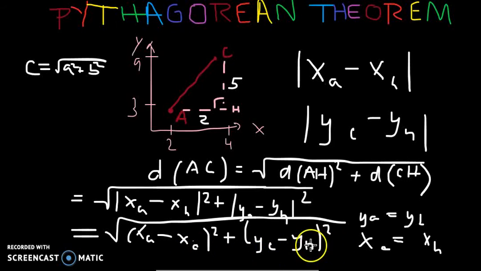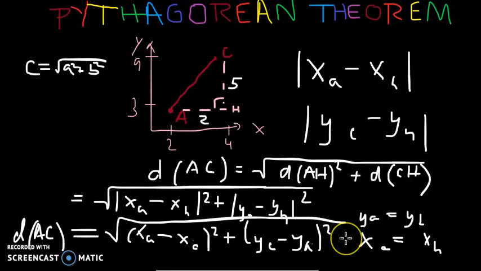And then over here we want to get rid of this H. So what we can do is replace it, oops, let me change my color, replace it with A. And that is the distance formula as we know it. So the distance between A and C